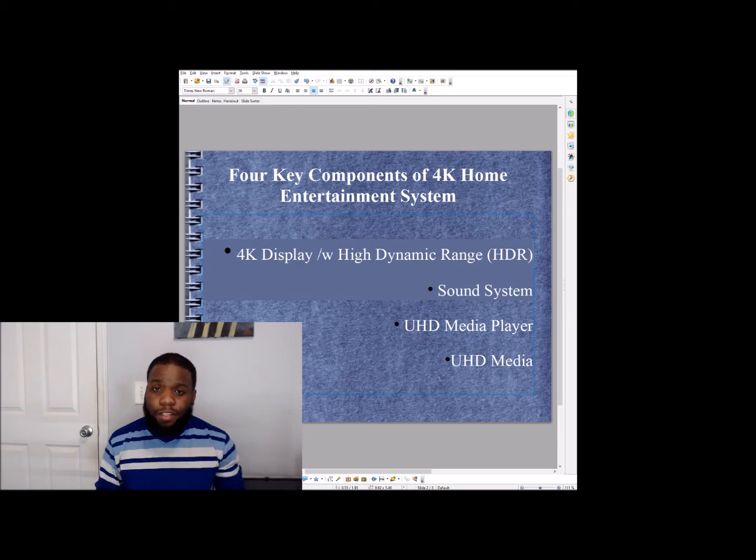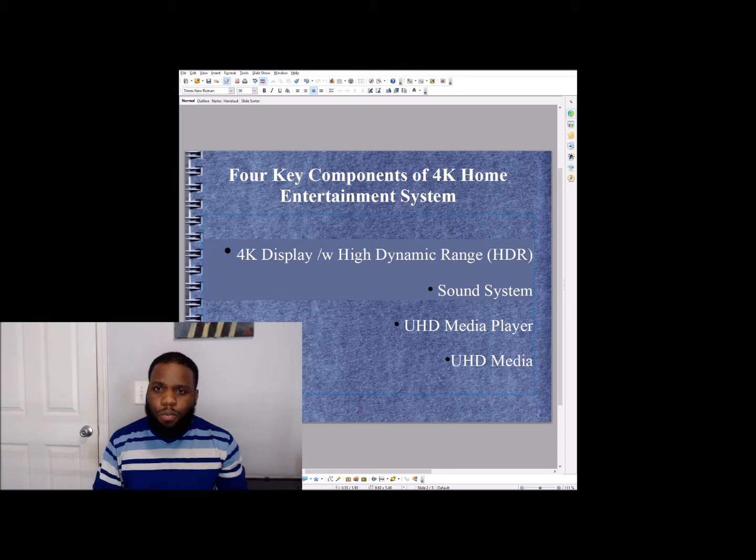And you're definitely going to want to have some type of sound system because those speakers on televisions today are super weak because they make everything slim and sexy, but that's at the cost of your sound system. And most 4K content comes with really great sound if you have a sound system that can produce it and carry it like audio engineers envisioned it when they created the content. So you would need to have like a sound bar or